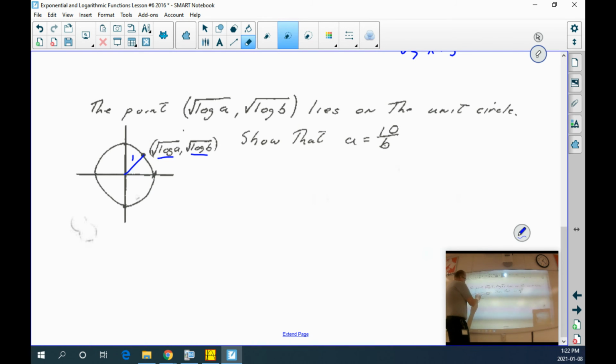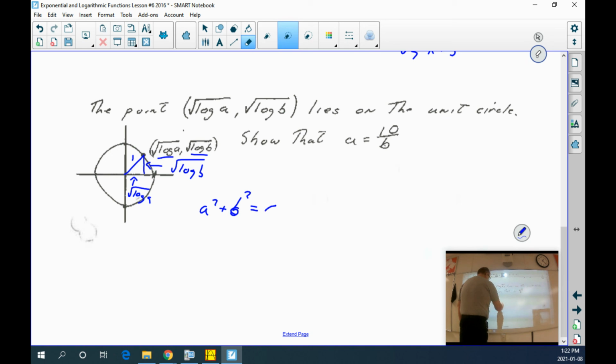So if we have our unit circle, this length here would be the square root of log A, because that's our x coordinate, and that length there would be the square root of log B. Pythagorean theorem states a squared plus b squared is equal to c squared,